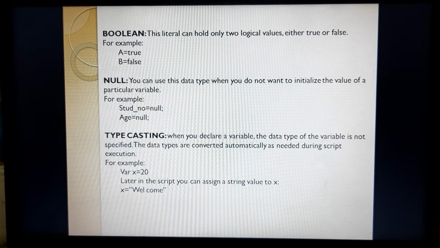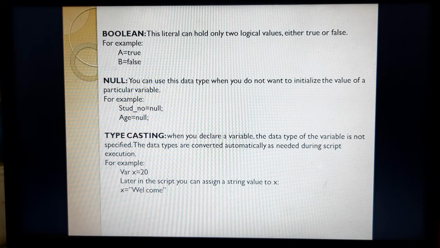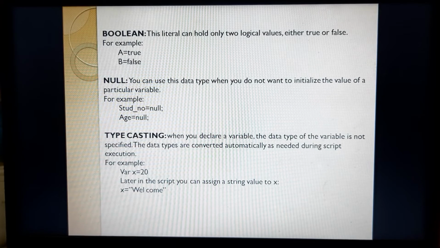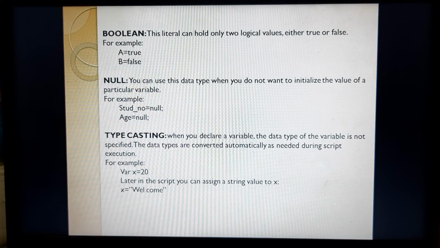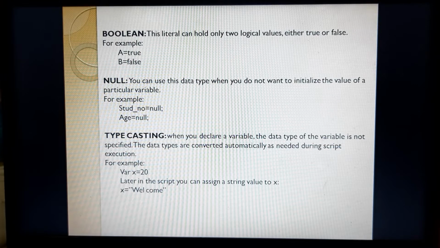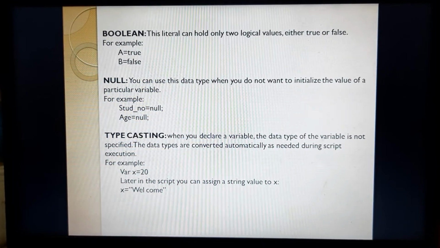Coming to the boolean, most of us have used boolean, and those who have not used boolean till now, you can just understand that whenever we use the if condition, with the help of the if condition we are able to generate two values, that is either true or false. True, whenever the condition is satisfied, it generates true, and whenever the condition is false, meaning we cannot satisfy the condition, then it generates the false value.